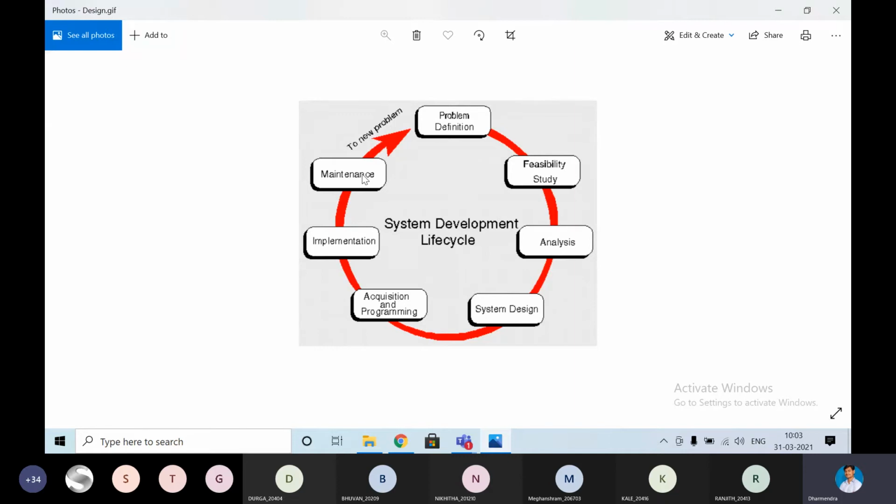Likewise, many problems, many tickets will be raised. So based on the tickets, where the actual problem is, they will try to rectify it. Always there will be a maintenance team for the applications. Here the main concept is, we are talking about system design actually. System design.